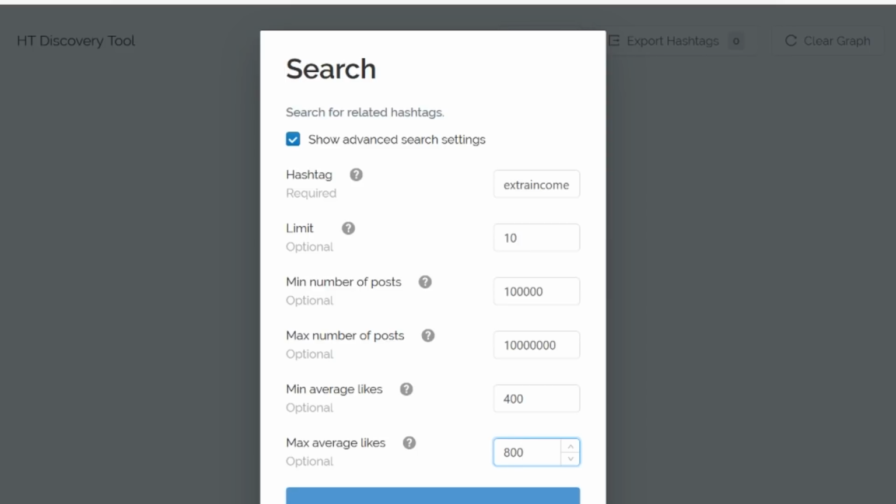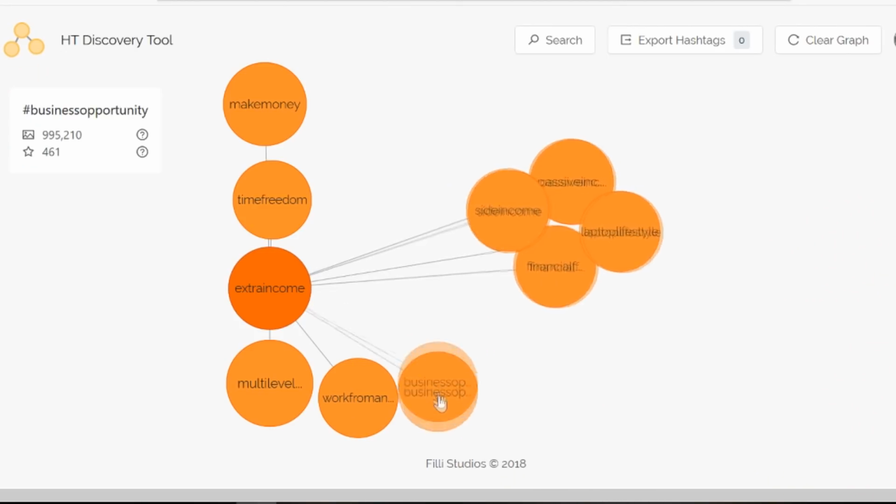The reason you want to go a bit lower is obviously because it increases your chances of getting ranked. At the same time, it works as a safety margin. You would rather get ranked more on lower hashtags than not at all on bigger hashtags. So just make sure you do this. Some of you might over-calculate your average likes due to your ego, so that's why that safety margin is here. Once that is done, you have your hashtags.